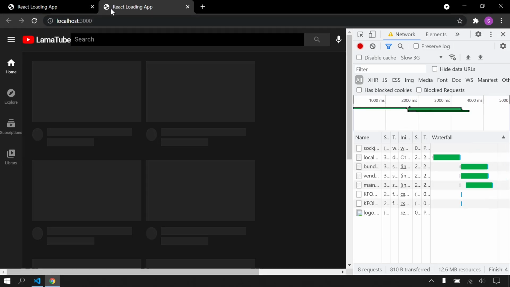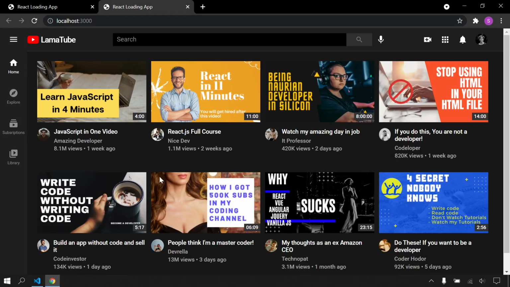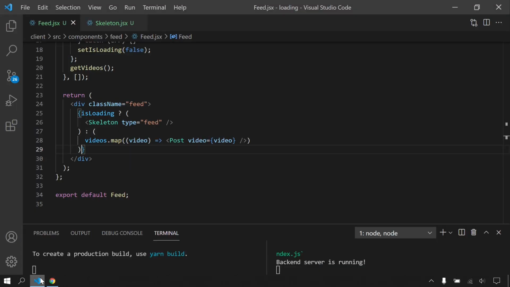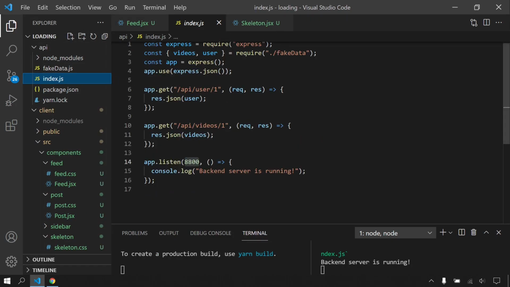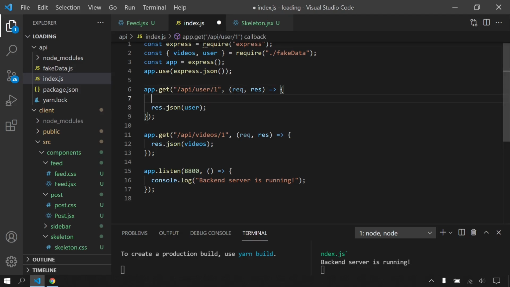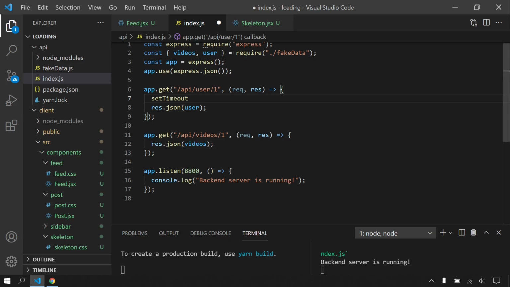As you can see, it's really slow, and we can see better right now. Actually, to see better, you can come here for API. You can maybe set timeout here. Set timeout.